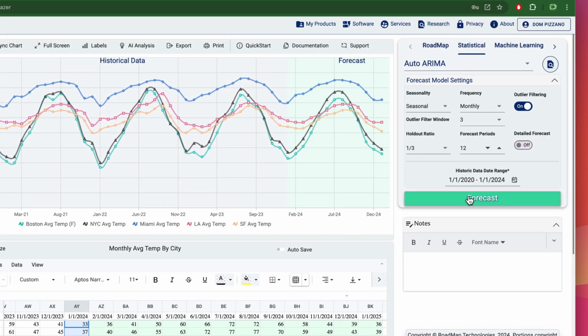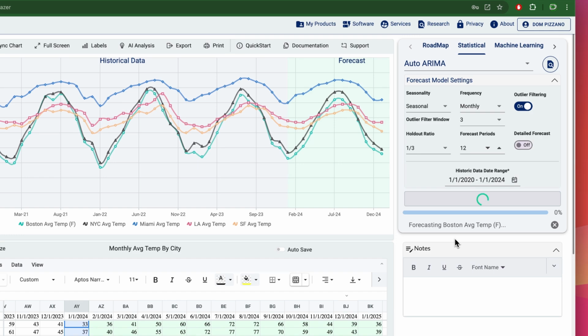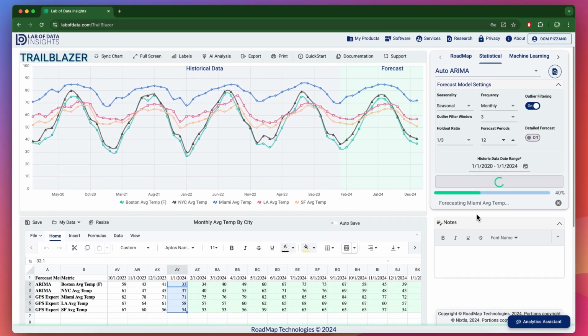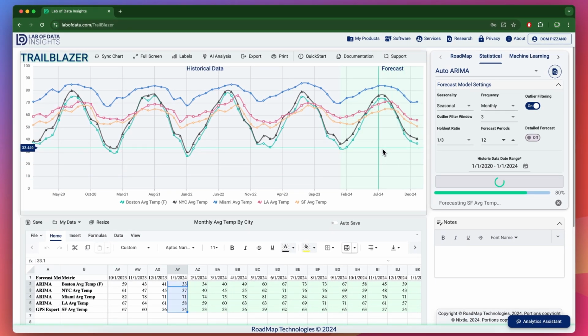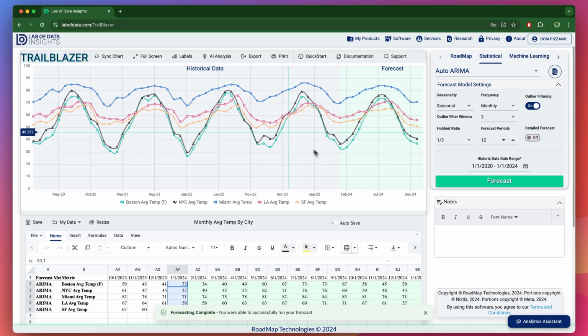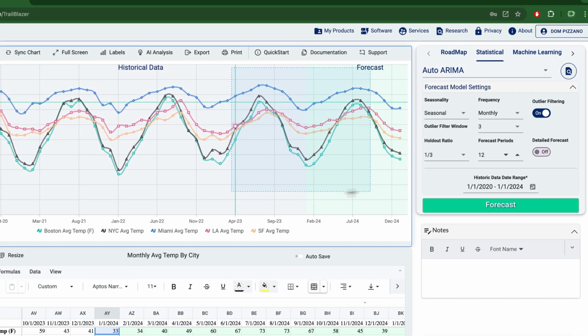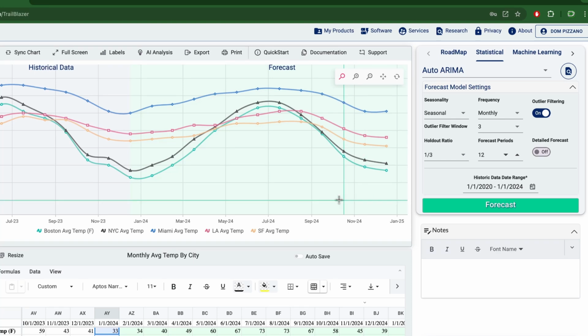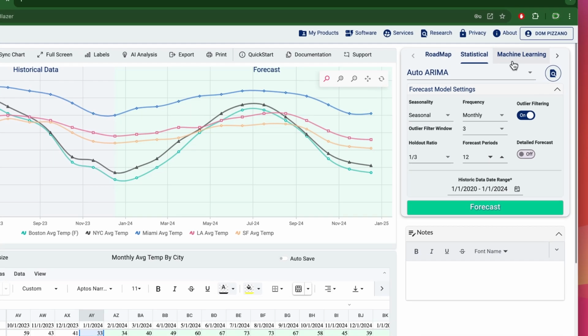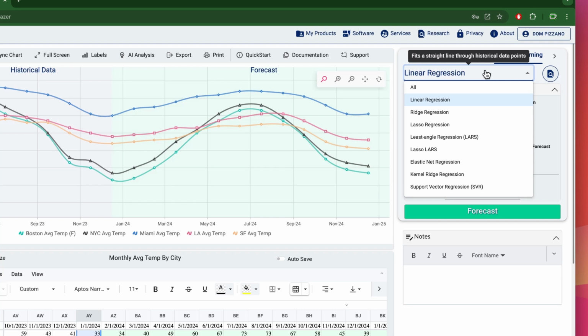as ARIMA. After clicking Forecast, users can see their forecasts update in real time within the chart component and the spreadsheet component. The interactive chart allows users to select and zoom in on areas of the graph they wish to further inspect. Now let's test our machine learning model's capabilities by selecting the elastic net regression model and updating the